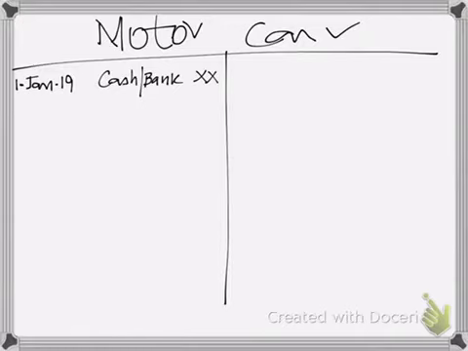Whatever asset you buy, you record it on the debit side. Why? Because the rules of debit and credit suggest that whenever assets go up, they are to be recorded on the debit side, and when they go down, they will be recorded on the credit side. Since we are buying a motor car, whatever amount we have paid for the motor car will be recorded on the debit side in the motor car account, right? So this is an example of an asset account that you might have to make when dealing with questions on depreciation. Now we'll have a look at an example where we'll solve that example as well as record the depreciation that we calculate. All right,